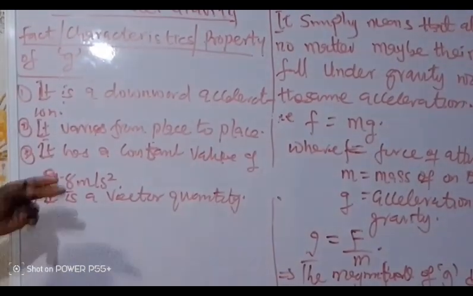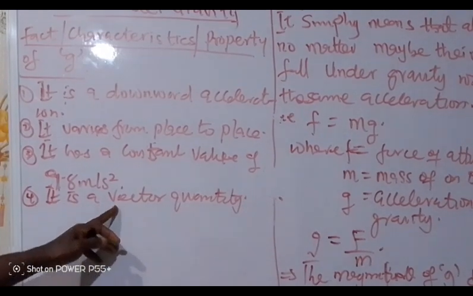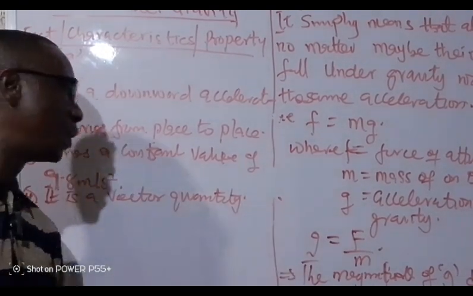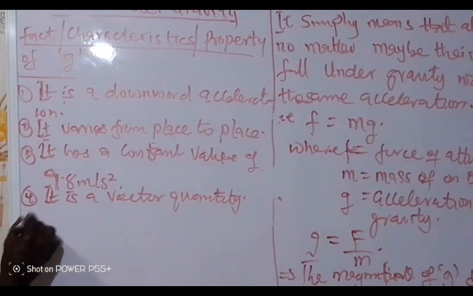Don't forget what we meant by vector quantity. That is a quantity that has both magnitude and follows a specific direction. So, acceleration due to gravity g is a vector quantity. That is why we say it is a downward acceleration. That is the specific direction that is followed on the Earth's surface. Number 5,